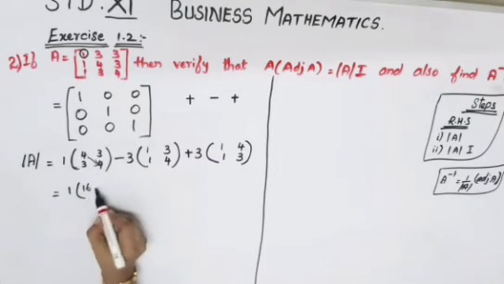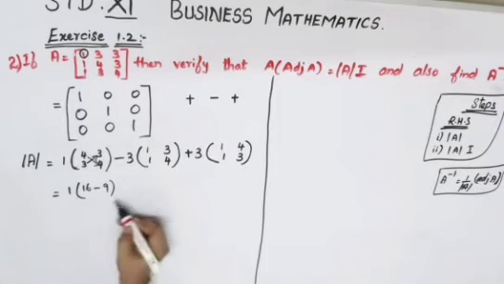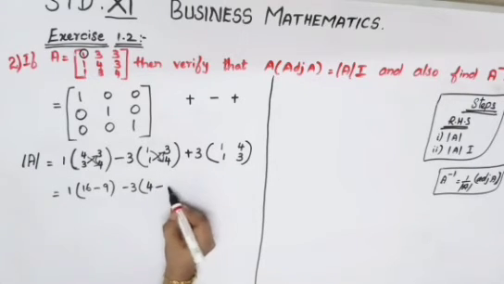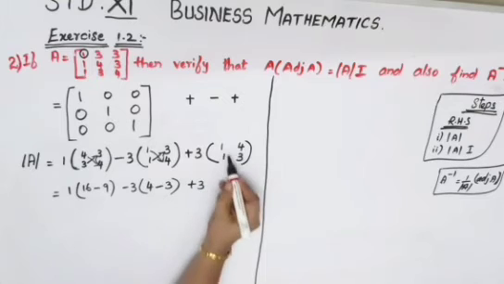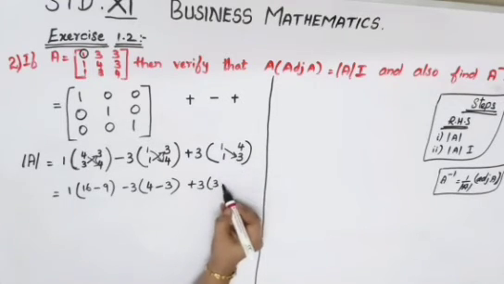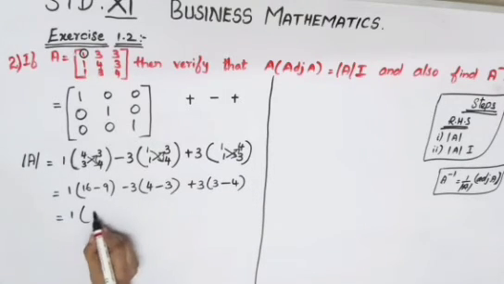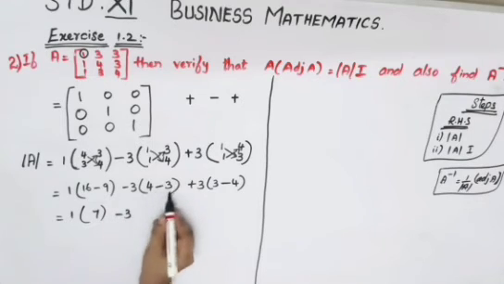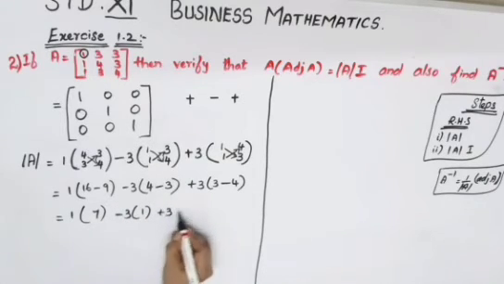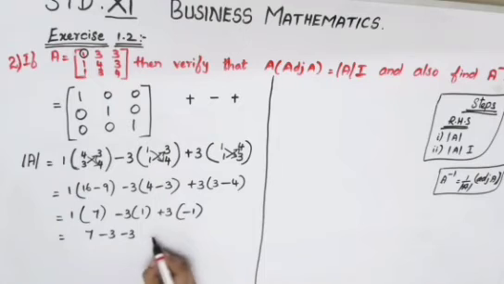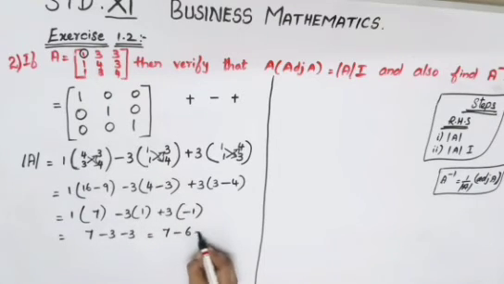4 4s are 16 minus 3 3s are 9. Again minus 3. 4 1s are 4 minus 3 1s are 3. Plus 3. 3 1s are 3 minus 4 1s are 4. Now 16 minus 9 is 7. Minus 3 into 4 minus 3 is 1. Plus 3 into 3 minus 4 is minus 1. So I will get 7 minus 3, again minus 3, because minus into plus here minus, again plus into minus, here it is minus. So I will get 7 minus 6, which is equal to